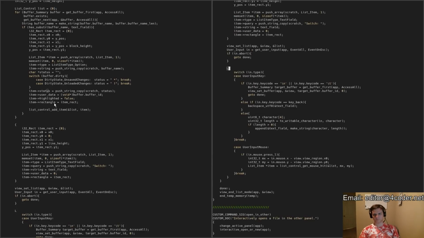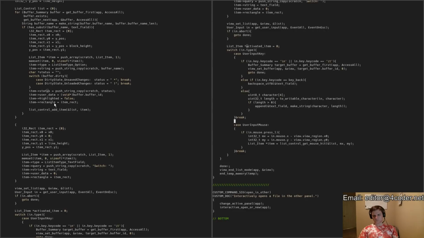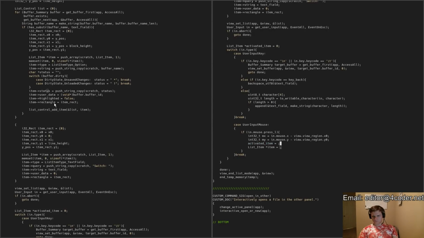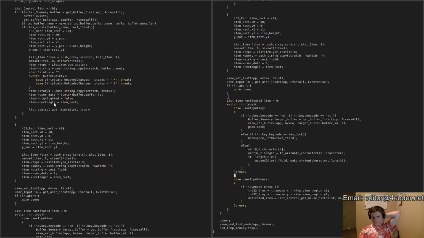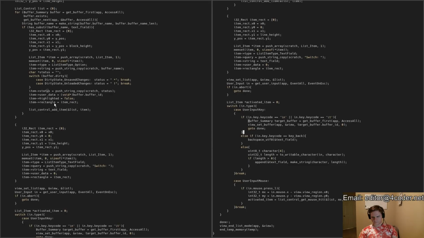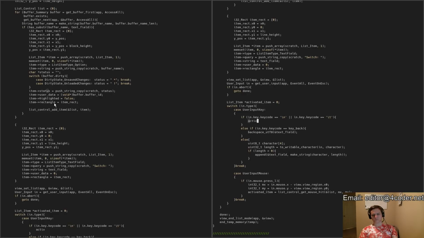Just had a thought. Alright, so in here, instead of doing this right here, what I'm going to do is say that the activated item should be selected by doing something like